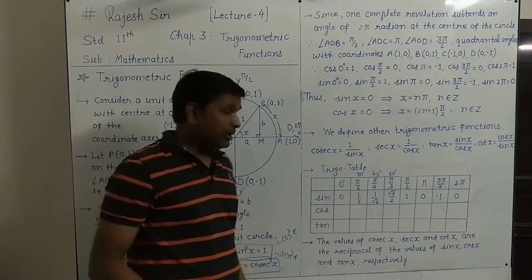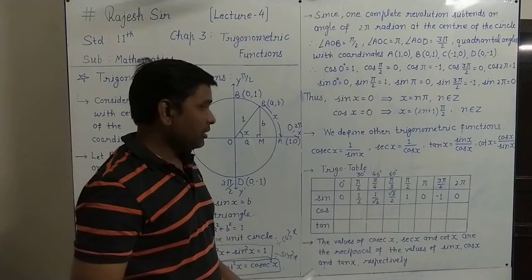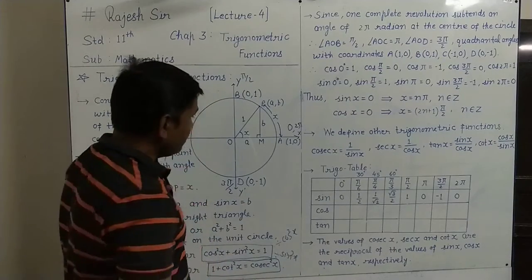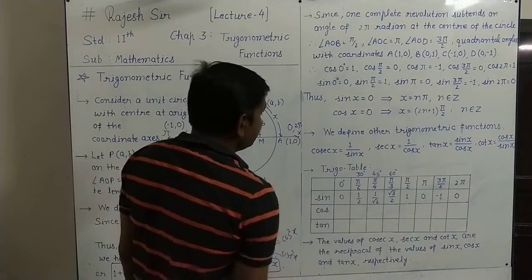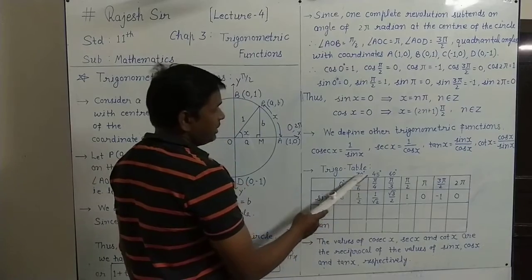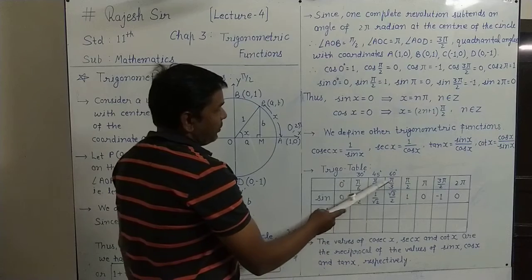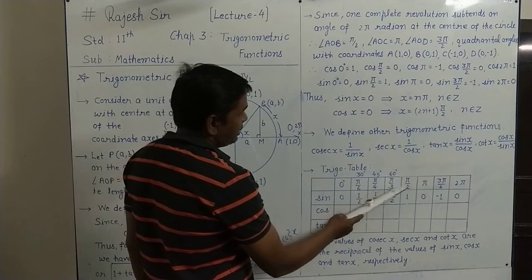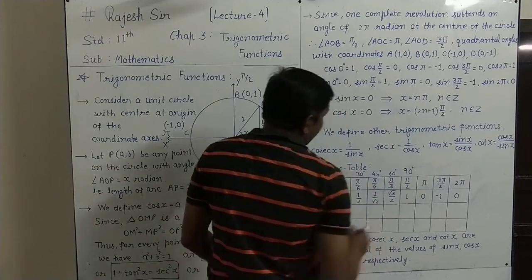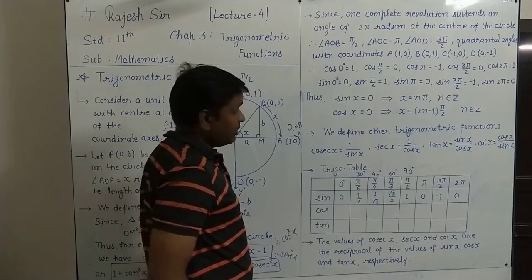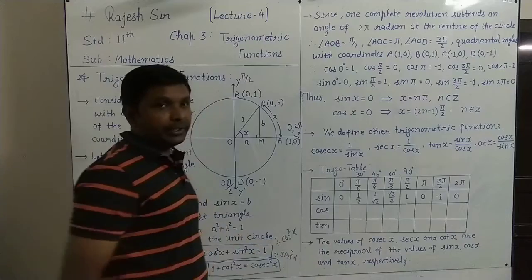That also we have seen in the previous classes, but in terms of degree angles only. Here we will see it in radian format also. For the three trigonometric functions sine, cos and tan, the values on these angles: 0 degree, pi by 6, that is 30 degree, pi by 4, which is 45 degree, pi by 3, which is 60 degree, and pi by 2, which is 90 degree. Up to there we have seen the values, and after that pi, 3 pi by 2 and 2 pi we have also added here.